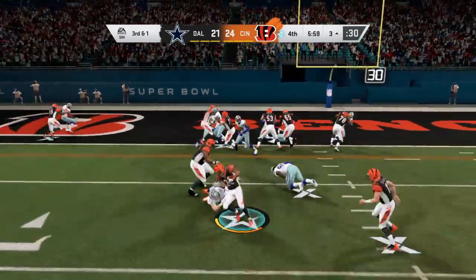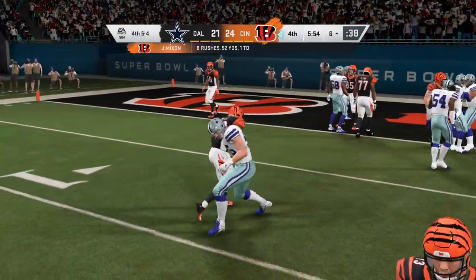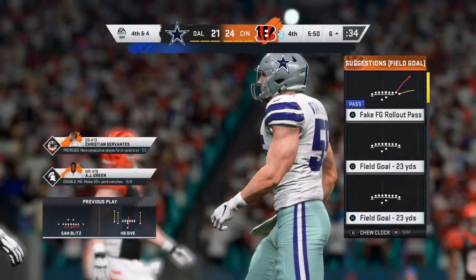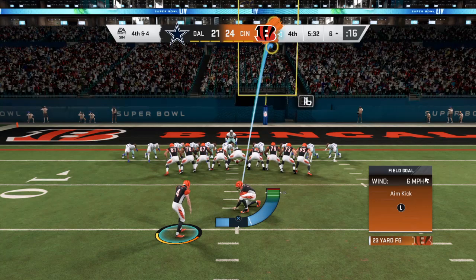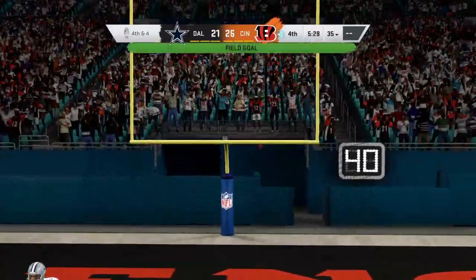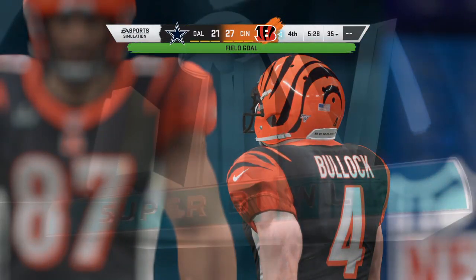On 3rd down, Mixon. Well, they hit him in the backfield, and he will not escape. And that is not going to get it done. A rough go there on 3rd down, a loss of 4. He has elite instincts from his linebacker spot. He's able to diagnose the run and flies in like a missile to stop that one behind the line of scrimmage. Bullock's kick is good. And that will add 3 more to their lead. It pushes it up to...